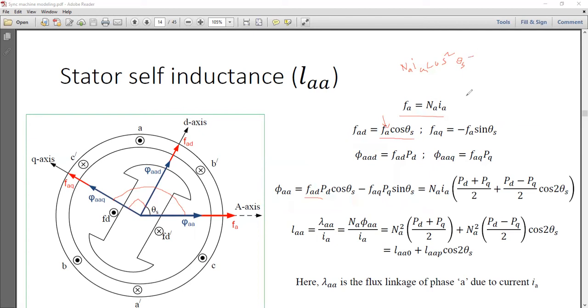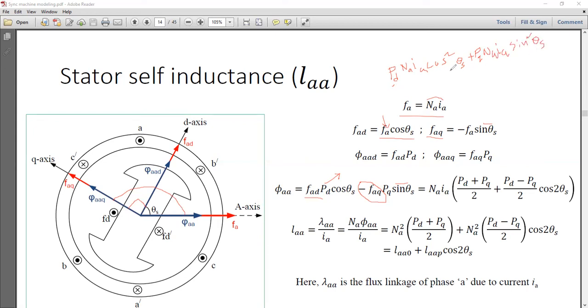Then what do I get? Minus FAQ, oh, there is some PD. Okay, you missed the PD here. So this is the PD. What is minus FAQ? That minus and this minus will get cancelled out, so you get a plus. You have PQ, so you keep the PQ at the beginning. Then there is sine theta s, there is sine theta s. So that would become sine square theta s, but we also have NAIA. Is it clear now? Yes, sir. So that would be sine square theta s.